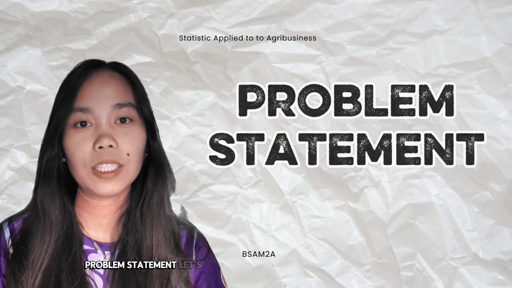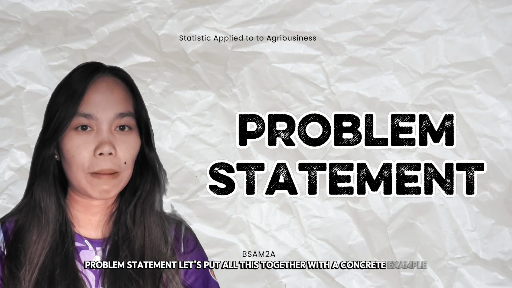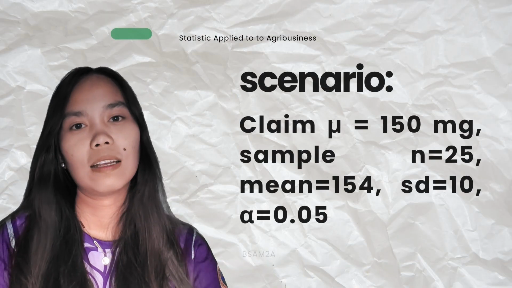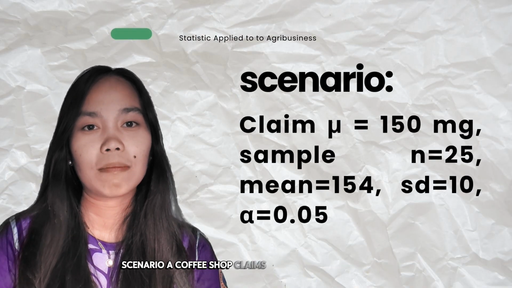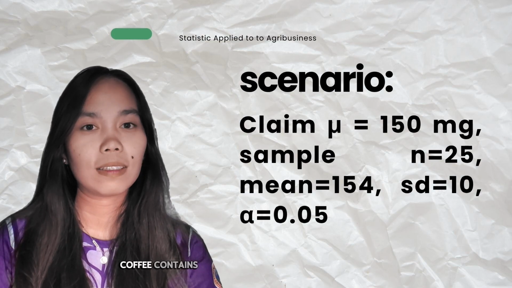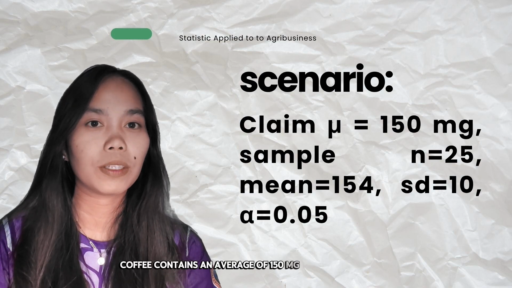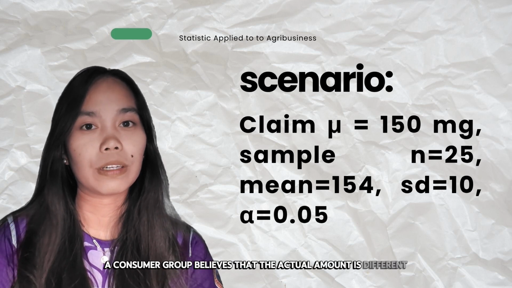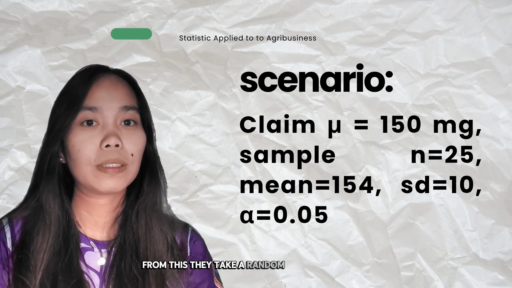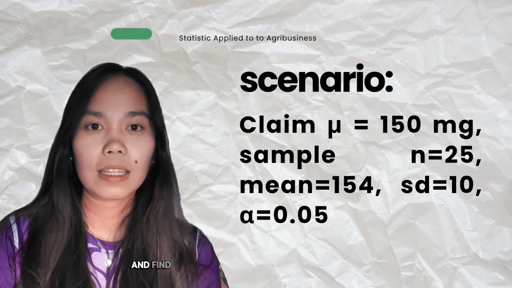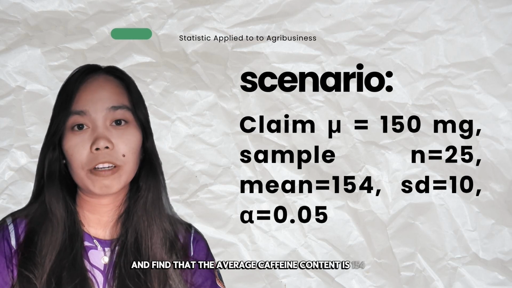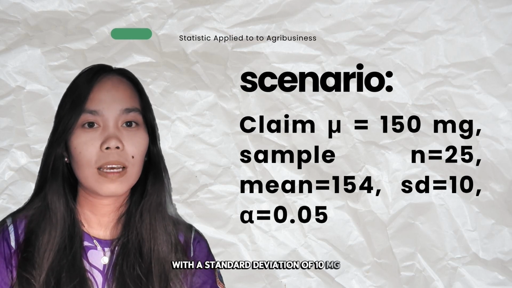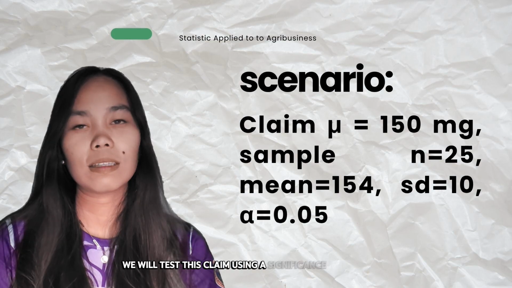Problem statement. Let's put all this together with a concrete example. This will show you exactly how the process works in practice. Scenario. A coffee shop claims that their new cold brew coffee contains an average of 150 milligrams of caffeine per cup. A consumer group believes that the actual amount is different from this. They take a random sample of 25 cups and find that the average caffeine content is 154 milligrams. With a standard deviation of 10 milligrams, we will test this claim using a significance level of